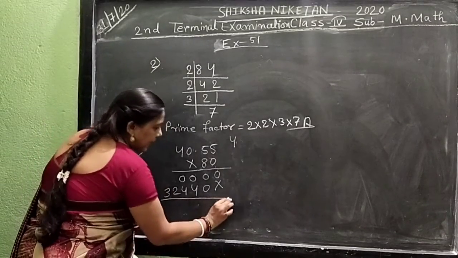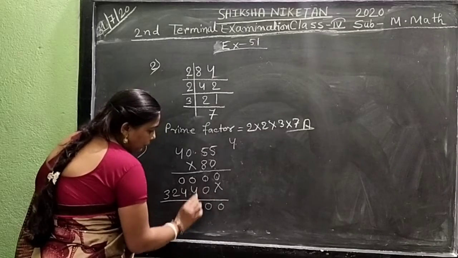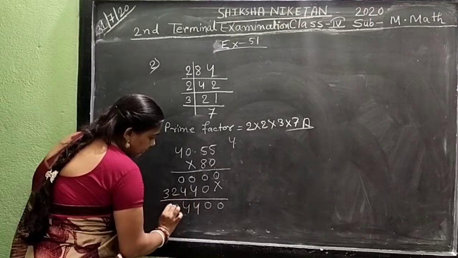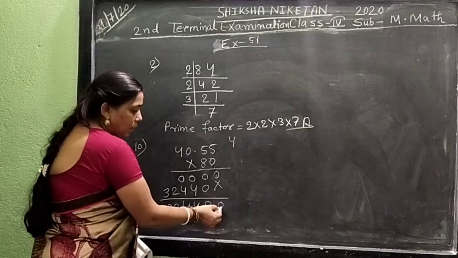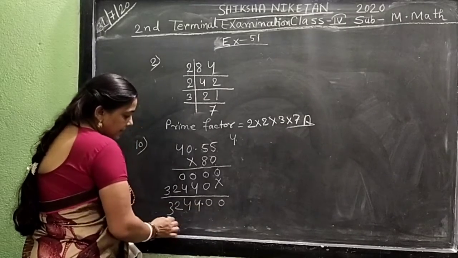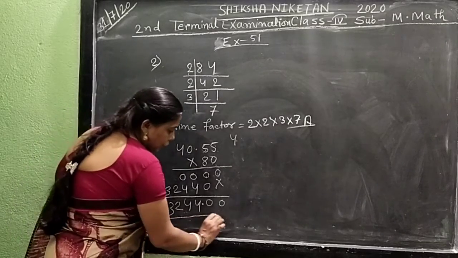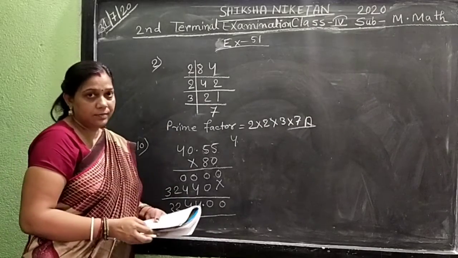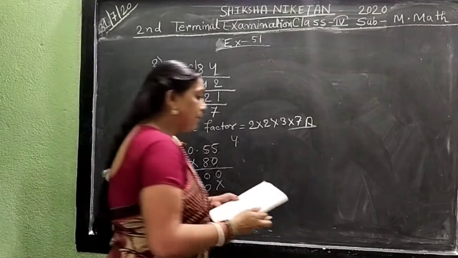Then we add those numbers: 0, 0, 0, 0, 0, 4 plus 0, 4, 4 plus 0, 4, 2 and 3. Here are decimals after 2-digit number. So we count here 1, 2, put the symbol here, decimal. Answer is 3,244 rupees. It is 80 US dollars. Okay. Next math is exercise 52.